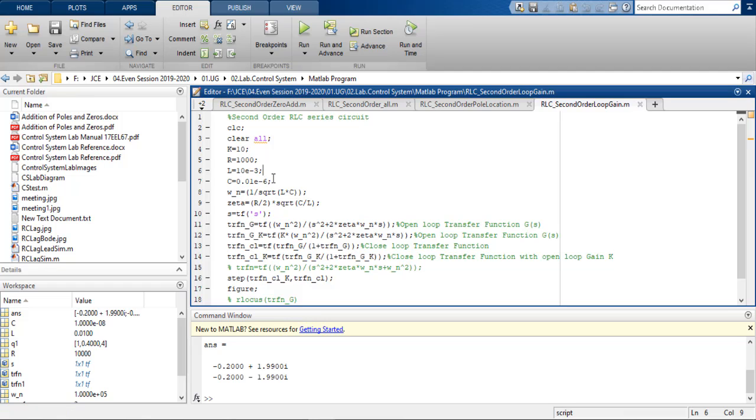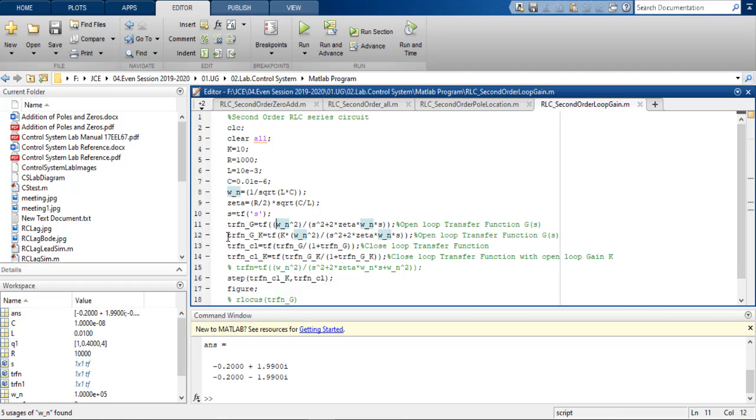You have given the values of R, L, and C with omega n and zeta, and then we have introduced this MATLAB variable s. Now we are writing the open loop transfer function, that is Gs.